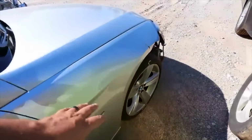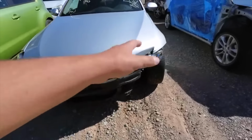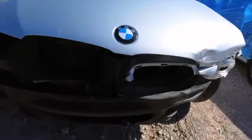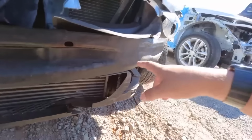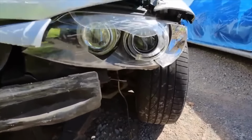So we know for a fact we need this passenger side fender, everything for the front, obviously, crash bar, headlight, hood. We need the driver's side fender. I think the wheels and tires came out okay. There's going to be a lot of plastics under here. They're going to need to be replaced as well. But the issue I have is the frame rails, and technically these are unibody cars, so they're not really frame rails, but